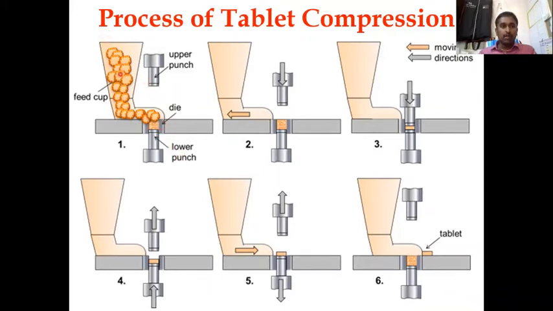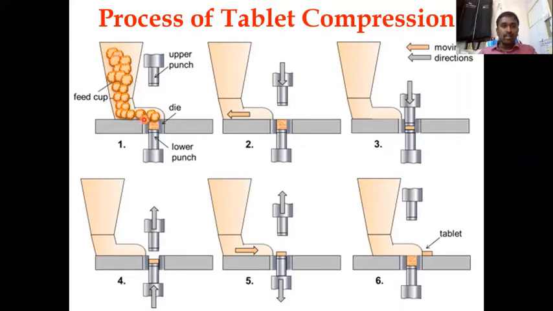Now this is a hopper from where the powders flow from a different region, maybe the loading point, to the die area where it should be compressed into a tablet, right? For that reason only we studied the derived properties of powders. There we saw the angle of repose, which talks about the flow properties. Hope you understand why we studied the flow properties.